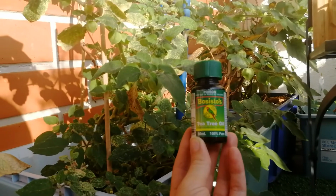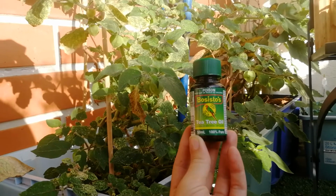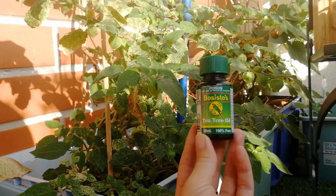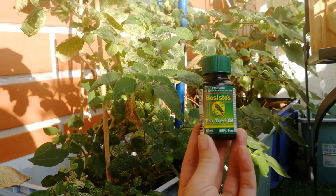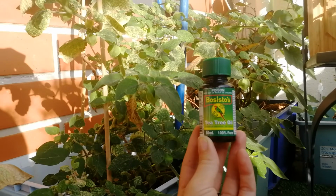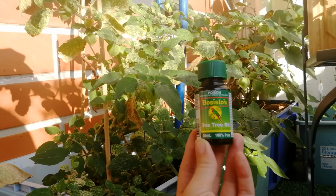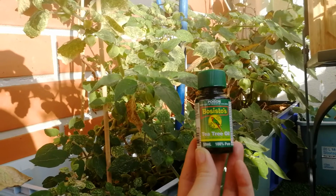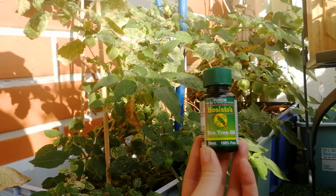It's absolutely amazing. It's also been long used by the Aboriginal people, the Indigenous Australians, as an antiseptic, and the name tea tree refers to the practice of drinking an infusion of the leaves as a healing herbal drink. It was first observed by the sailors on Captain Cook's ship in the 18th century, and the way they produce the oil is really